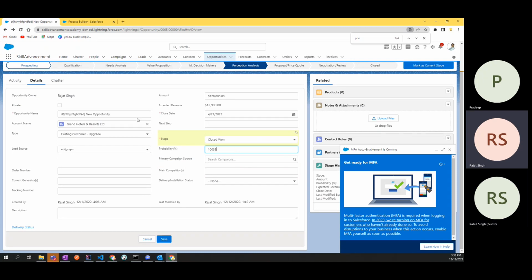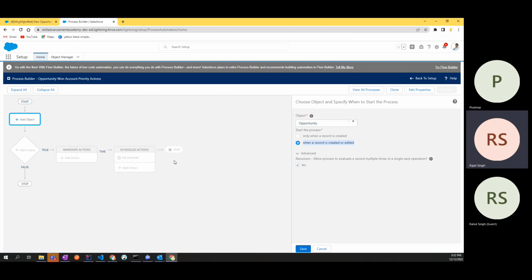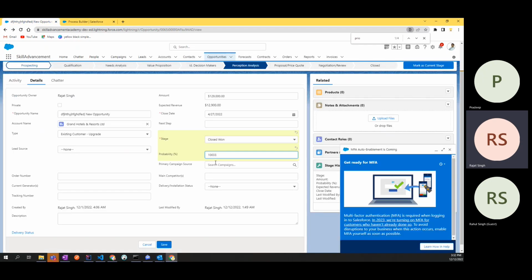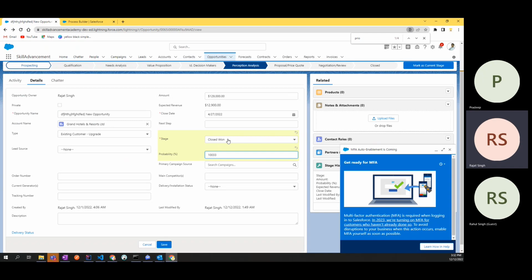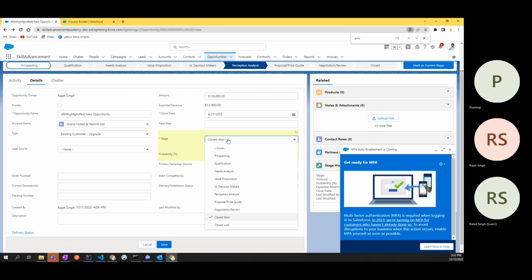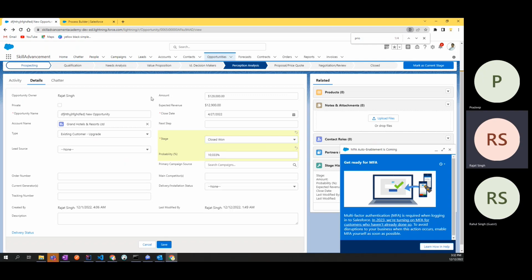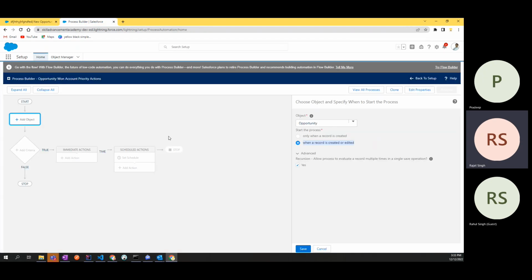एडिट करें। What it will do, it will just trigger, ठीक है। तो जैसे ही हमने एडिट किया, सेव किया, ये ट्रिगर हो जाएगा हमारा, ठीक है। बट हम क्या करेंगे, हमारा एक क्राइटेरिया भी होने जा रहा है ना कि we want to trigger only when, कि जब ये मतलब वॉन हो। समझ रहे हो तुम लोग ना, कि जब ये particular opportunity is being won, then only we want to trigger this, so that criteria is there।